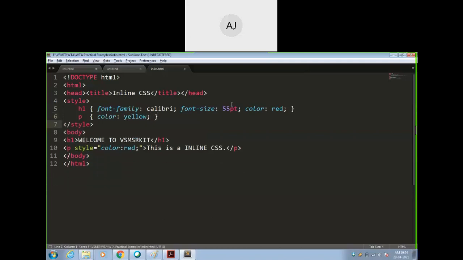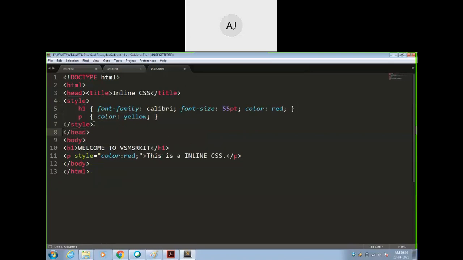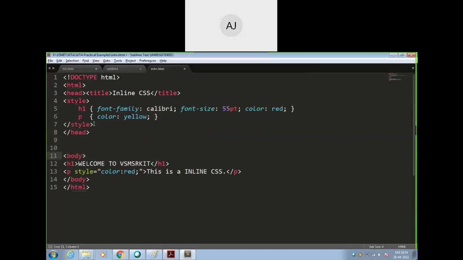Means I have written the CSS code within this style tag opening closing and within the head section. So head section should be completed here. Okay. So please make a note of this. Okay. So if head is completed here and after that body is there, and this also I will remove paragraph.